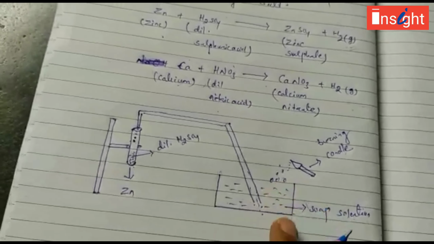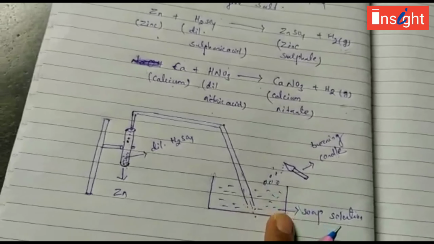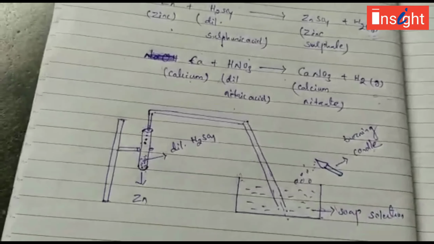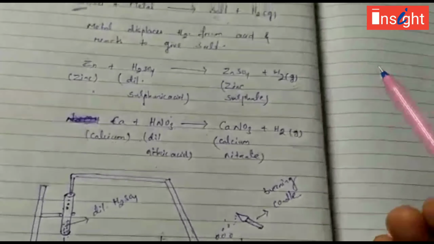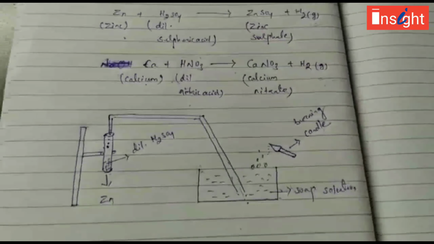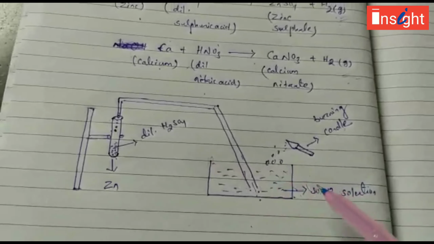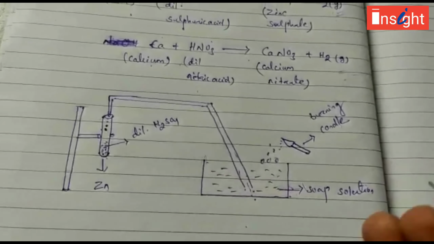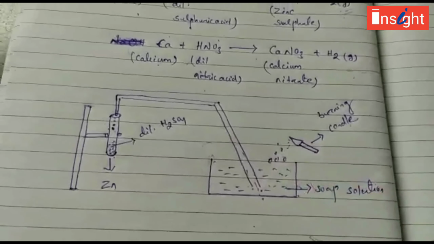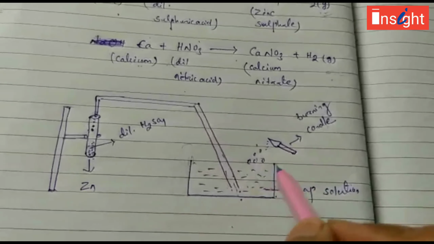When the gas comes into the soap solution, why did we use a soap solution, why not another solution? Because we are trying to find out whether hydrogen gas is evolved or not. To know that, we are using soap solution, because when we pass hydrogen gas, the gas tries to escape out of it, since it doesn't get dissolved in the soap solution.